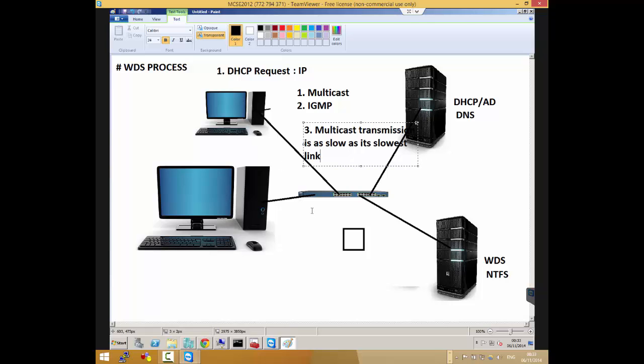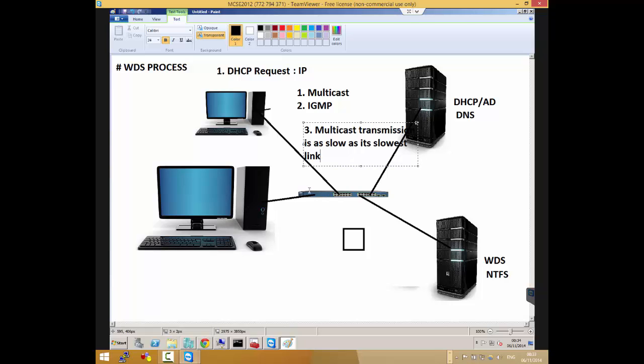So what will happen is that, let's say this guy is receiving the communication really quickly, like you said, and this guy is like, well, there's something going on with this link here, so I'm dragging it down really slowly. What will happen is that this would drag down the communication that WDS is sending to this network device. It will drag down that communication to the speed of this one.